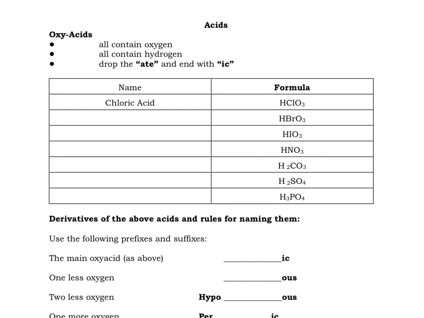Okay, moving on to acids. There are two types of acids. There's going to be oxyacids, which we're going to talk about right now, and binary acids, which we'll talk about in a minute. Oxyacids are distinguishable from binary acids because first, like the name suggests, they're all going to contain hydrogen. And basically these are hydrogen bonded with a polyatomic ion. And the simple thing to do here is to take the ate ending from your polyatomic and replace it with ic. So chloric acid, the next one is going to be